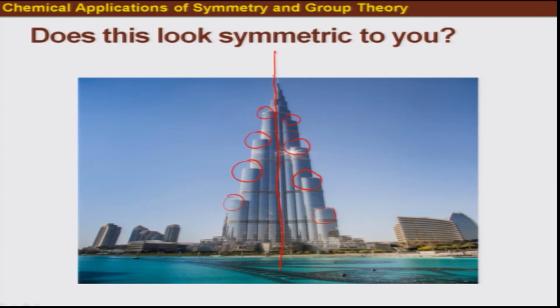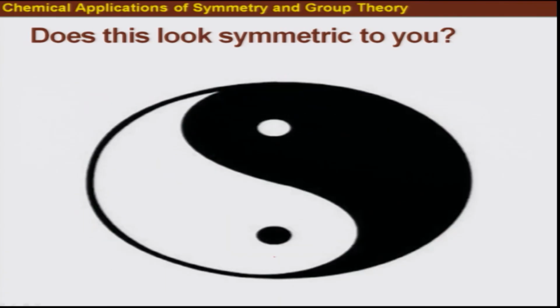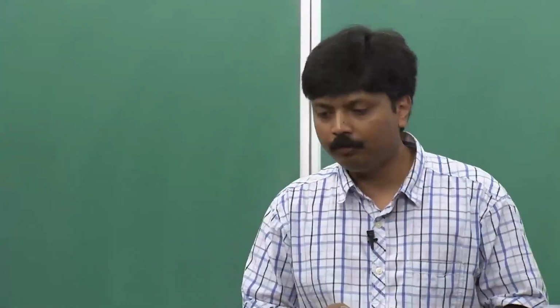So this is not actually symmetric, though apparently it looks like symmetry. The thing that I want to convey to you is that by looking at the structures we can say whether they are symmetric or not. So far we have been talking about the symmetry of objects like buildings or creatures,